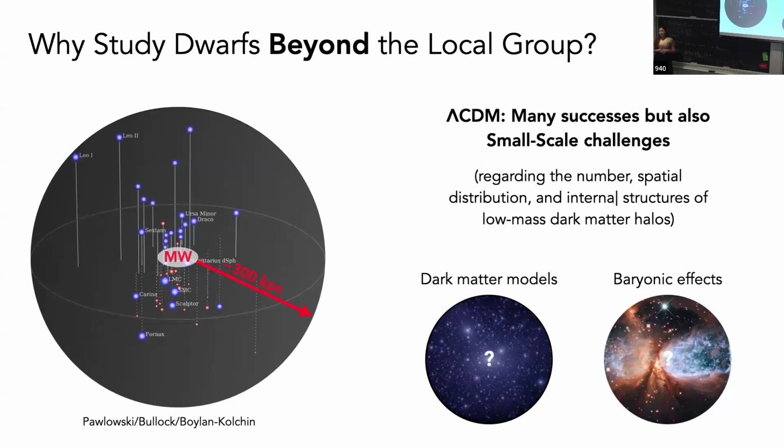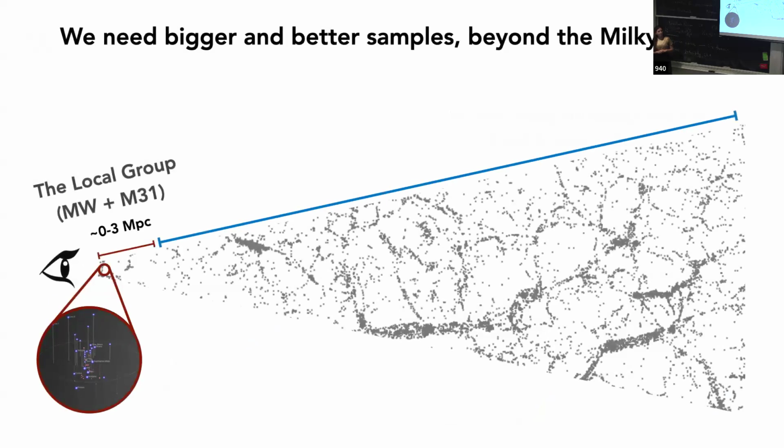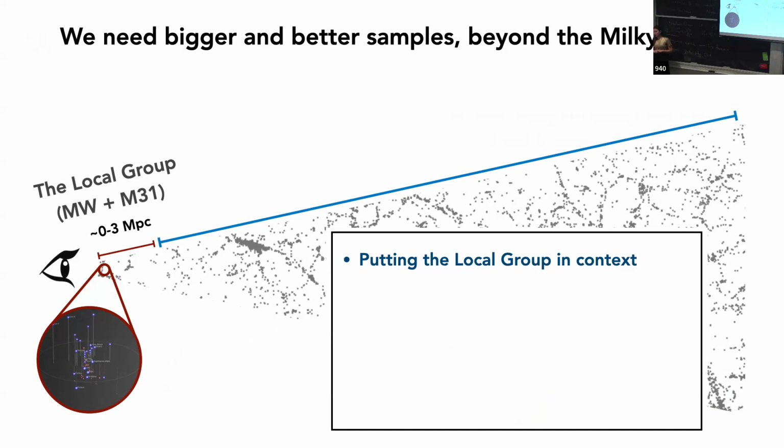Now this is great, but the Milky Way only has about 100 dwarf galaxies. They're all affected by the Milky Way. Maybe there are other types out there. We just want more statistics, so we need to study dwarfs beyond. So this is the regime that I'm going to talk about, okay? Everything that is beyond the Milky Way. Not going to go too far in redshift. But this is important for putting the Milky Way in context, right? This is super crucial if we want to interpret the Milky Way.